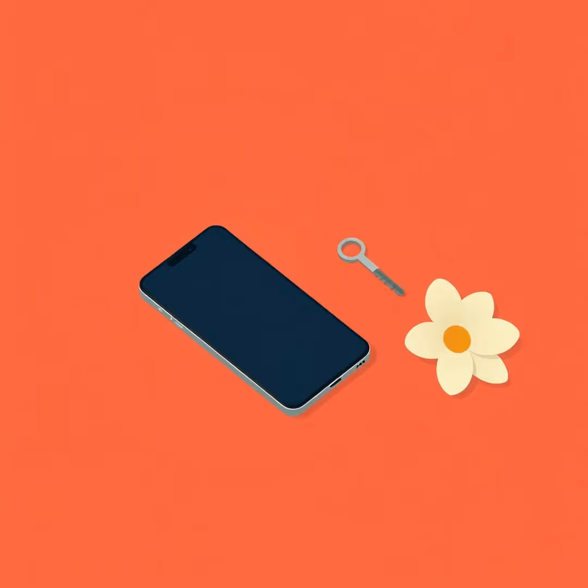And if they want to go a step further without flashing a new OS? Step 2 would be to look into a different launcher. Apps like Nova Launcher or the newer Niagara Launcher can completely change the look and feel of your phone. They can make a Samsung or a Xiaomi feel much more like vanilla Android by giving you control over the icons, the gestures, and the app drawer. It doesn't remove the underlying bloat, but it changes your daily interaction with the device and makes it feel much more yours. And step 3, the nuclear option for the brave.